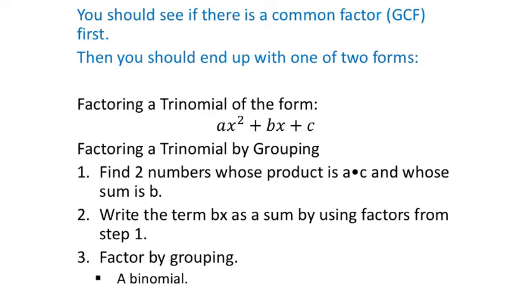Okay? And then we look at factors of that product, whatever a times c is, and try to see if there's any factor pairs of that product. Again, that is not prime factorization at that point. It's just factorization. We're just looking at a factor pair of that product where the sum of the two values, the two factors, is that middle value right there, okay? Because when it is,